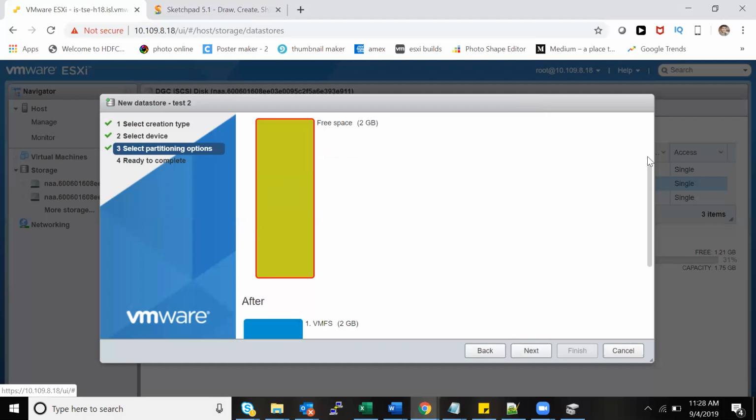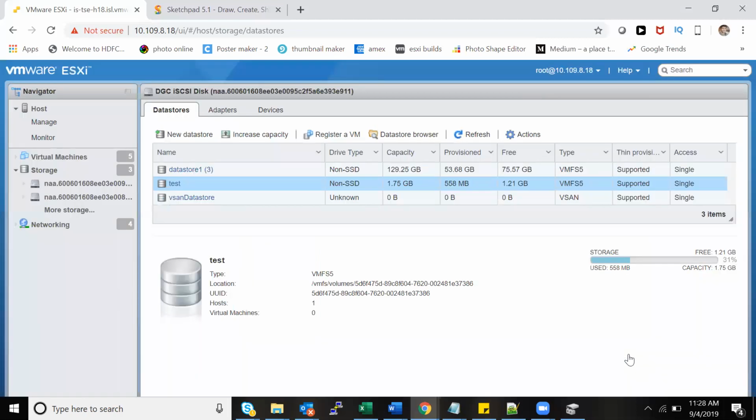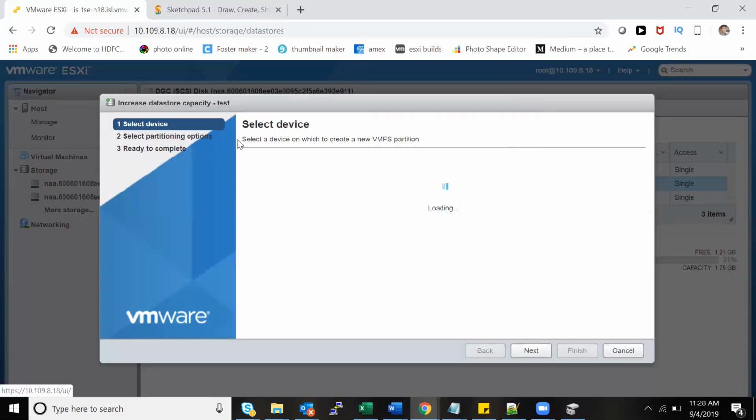And what will happen to the other half of the LUN? It'll still be there. Later, if I want to increase, I'll have to come to the same location and increase the space. So I have an option to increase capacity. I have to come here and select the partition and then increase it. The same window will come.